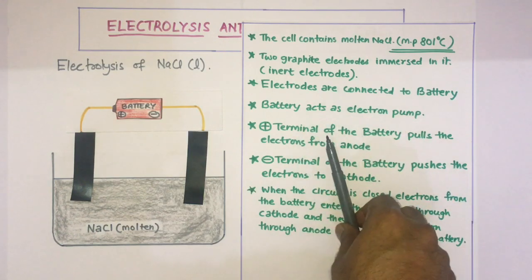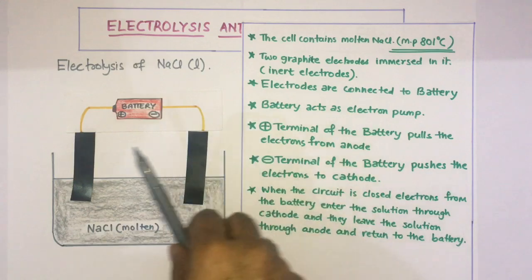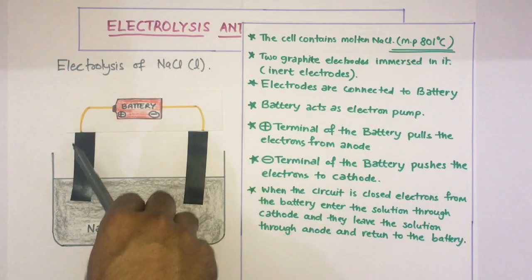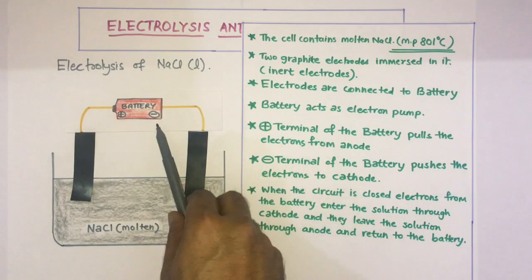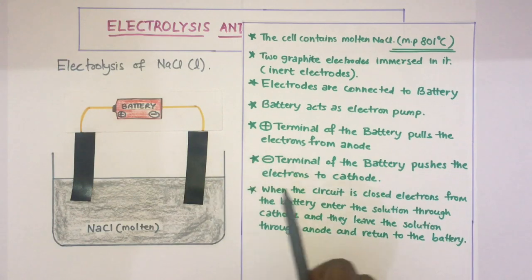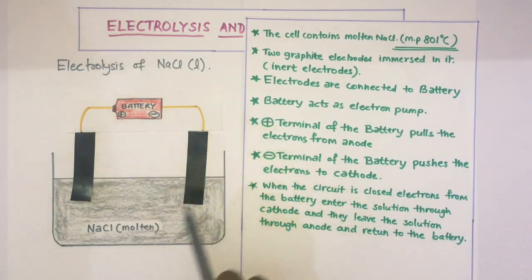The positive terminal pulls the electron from the anode. The battery acts as an electron pump. It pumps out the electron from the anode, and the negative terminal of the battery pushes the electron to the cathode. So now the circuit is closed,